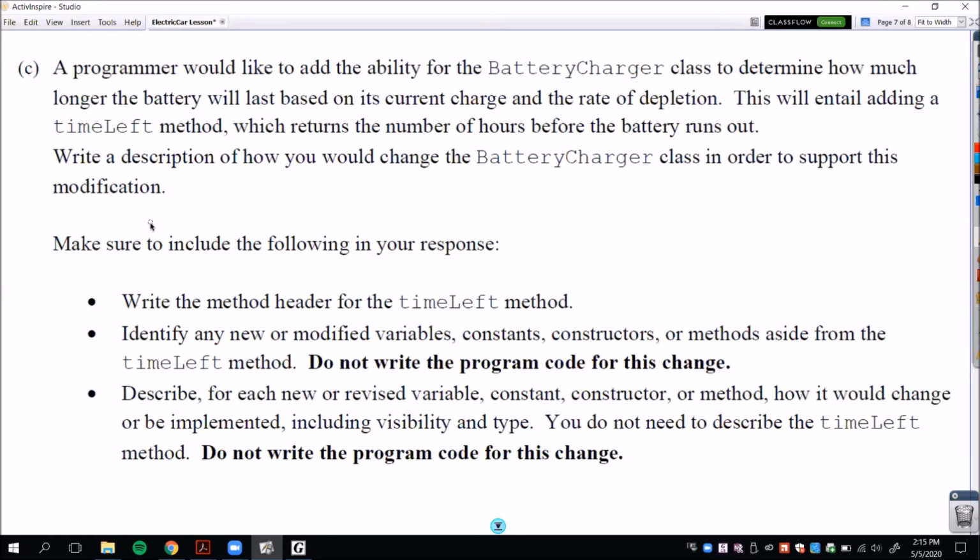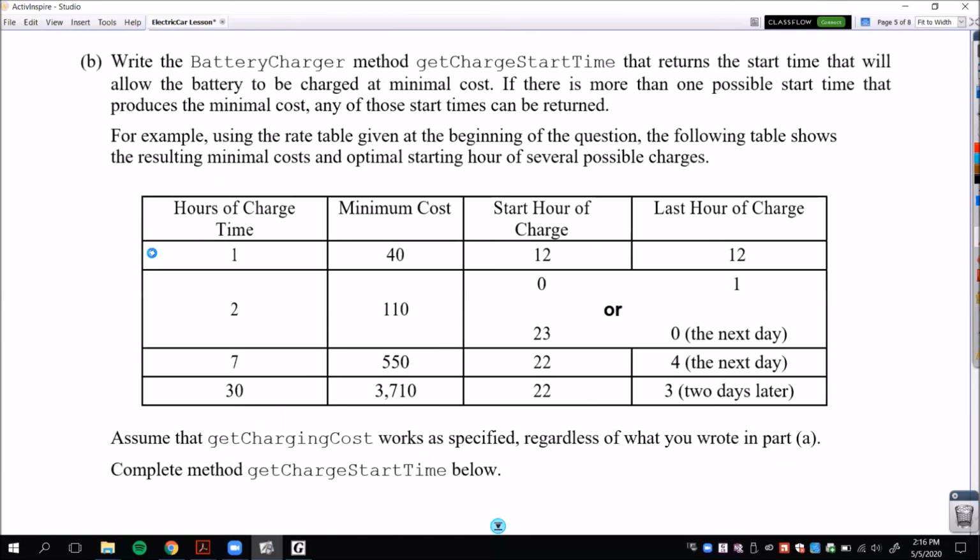Now, I added on a part C, and frankly, I feel like this could be, well, it's open-ended. So really, as long as what you come up with as an answer makes sense for what you were given, it can be very valid. And that's one thing to appreciate in this. There's not one answer. And if you look at what you're given here,